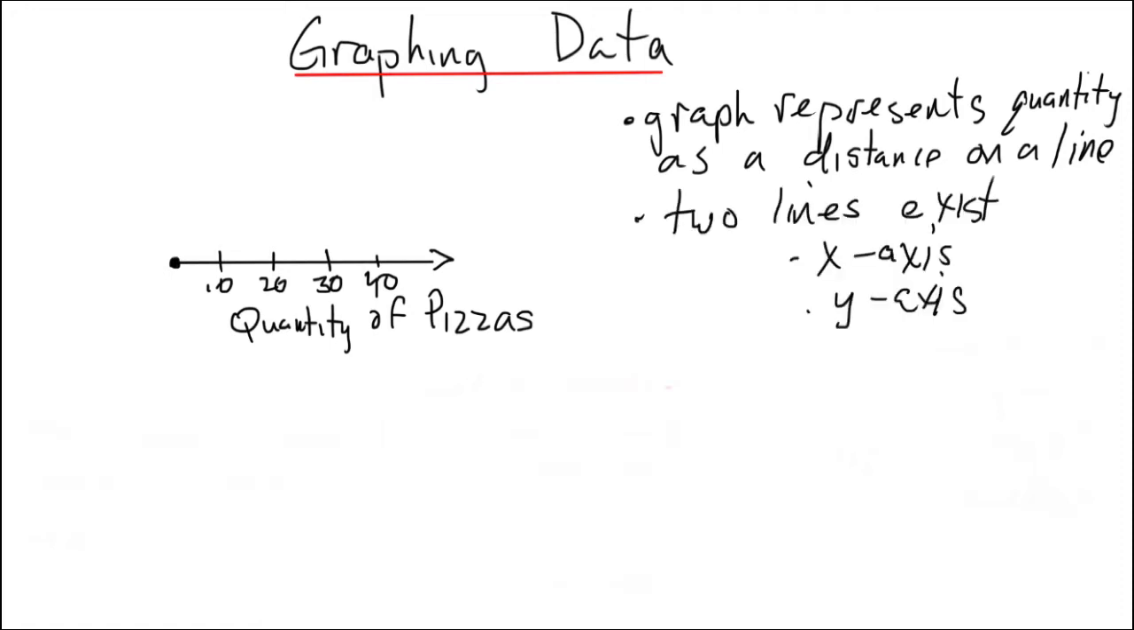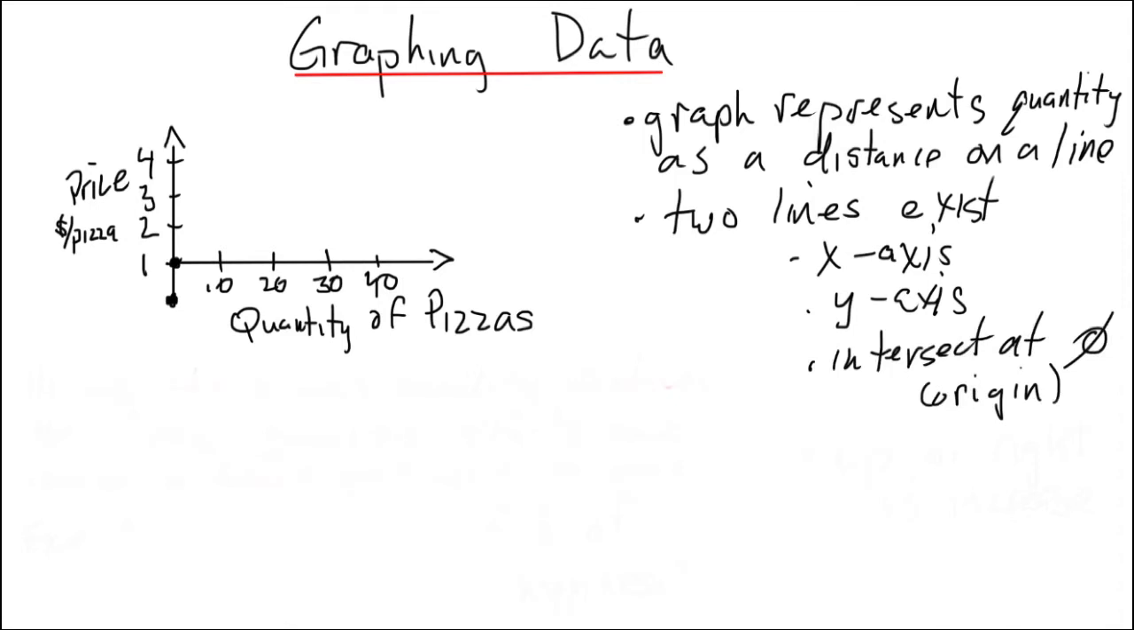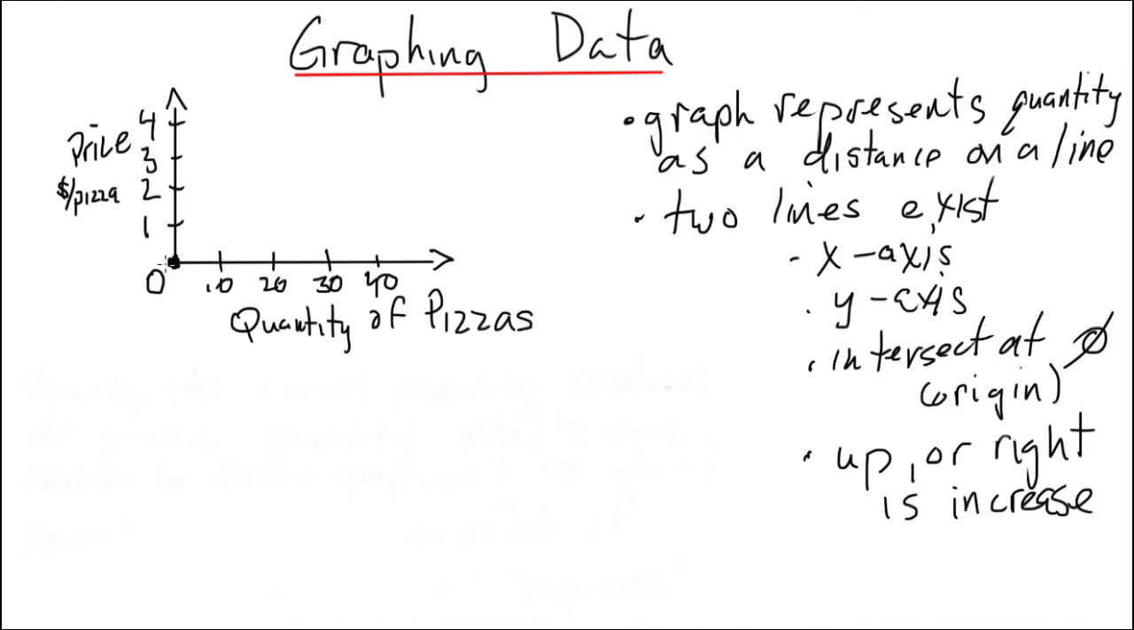Two lines will exist. The x-axis, shown here, or a horizontal line, and a y-axis, or a vertical line. Here, the vertical line is the price in dollars per pizza. Where the two lines intersect is 0, also known as the origin. As we move from the origin upwards, price increases, and as we move from the origin to the right, the